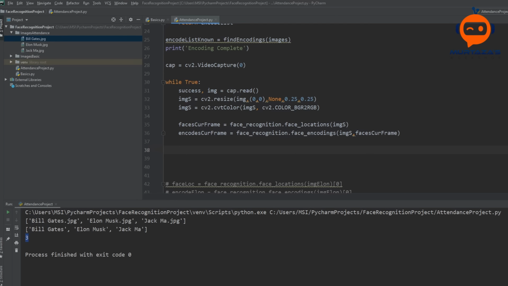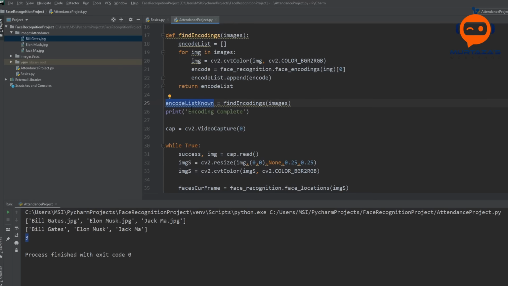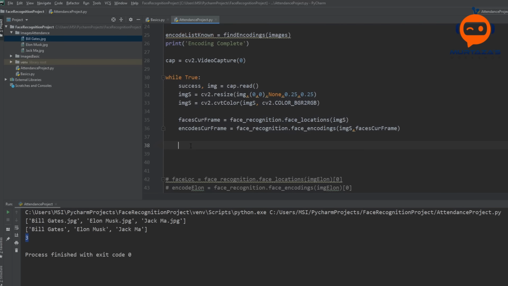Now we are moving on to the third step, where we are finding the matches. What we will do is iterate through all the faces that we have found in our current frame, and then compare all these faces with all the encodings that we found before. So to loop through, we are going to use both of these lists, and to loop through them together we can write for.